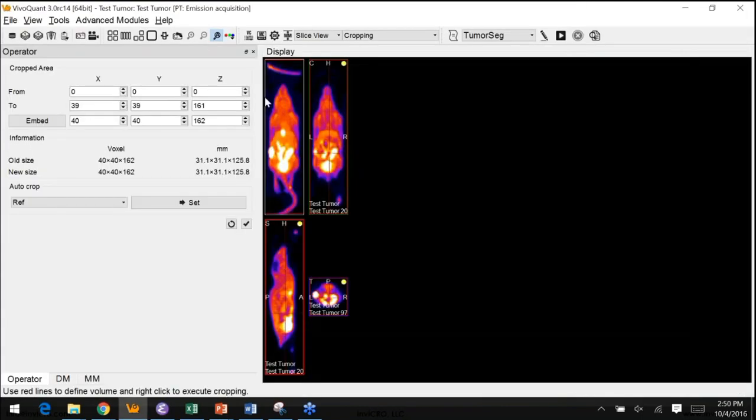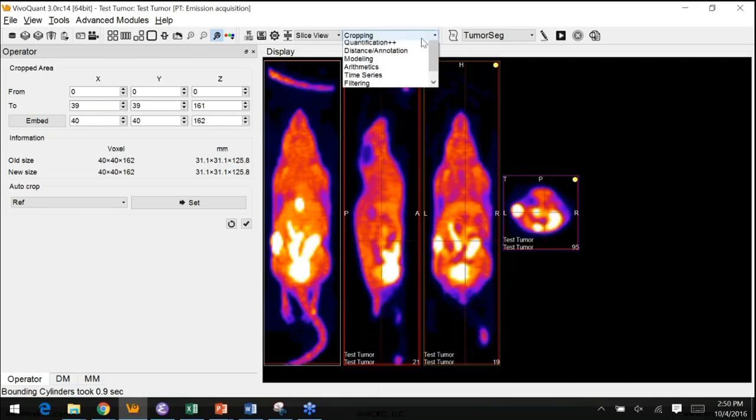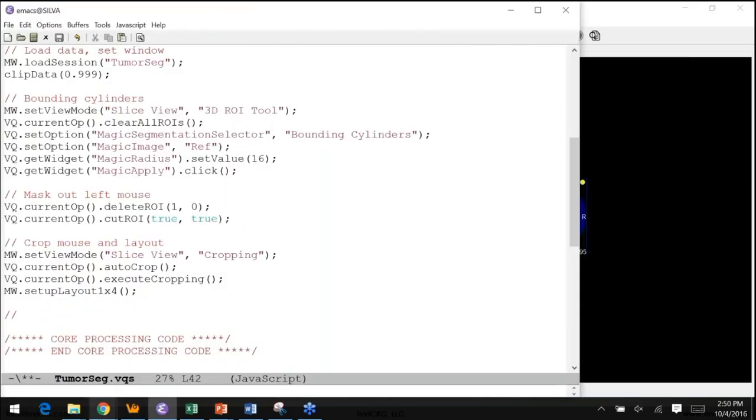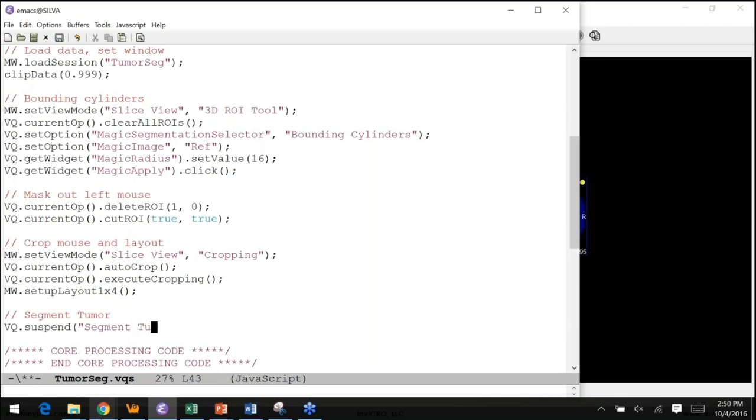So the next step that I would want to do is segment the tumor. So I'm going to go back to the 3D ROI tool, and actually first I'm going to show you that VivoScript is all about automation, but actually I think what can be underappreciated sometimes is the value of semi-automation. There's a nice function you can call in VivoScript called VQ.suspend. So you can do this if you want to debug the script, and you don't like the debugger. I can actually ask the user, if I call VQ.suspend, to segment the tumor themselves before moving on to the next step. So if the next step was just to save a QC image,